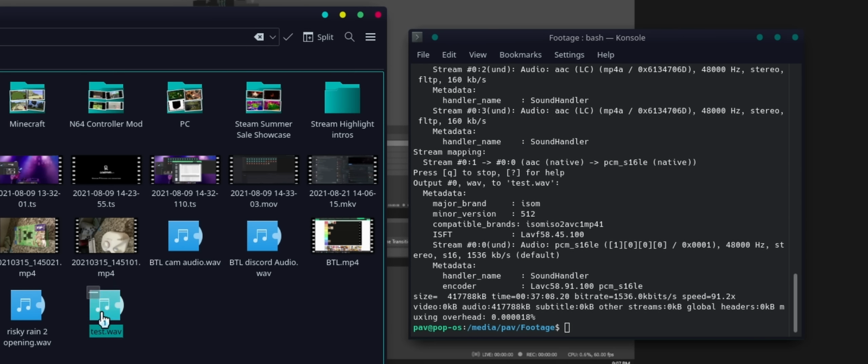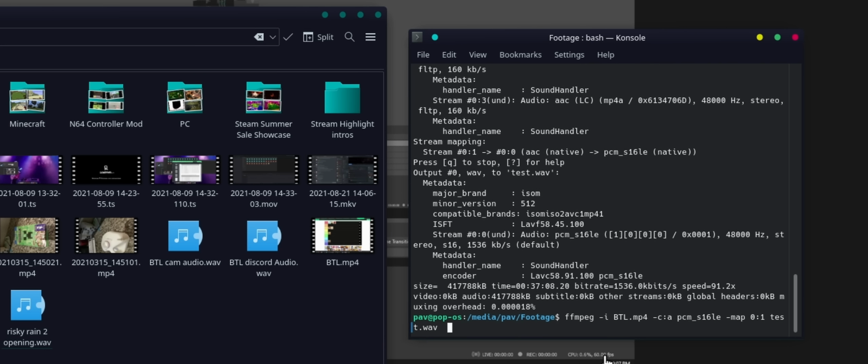There you go, done. And so then I would essentially do the same thing. I'm gonna go ahead and delete this. Where's move to trash, there we go. I'm gonna go ahead and delete that. And then what I would do is I would hit up on the arrow keys,